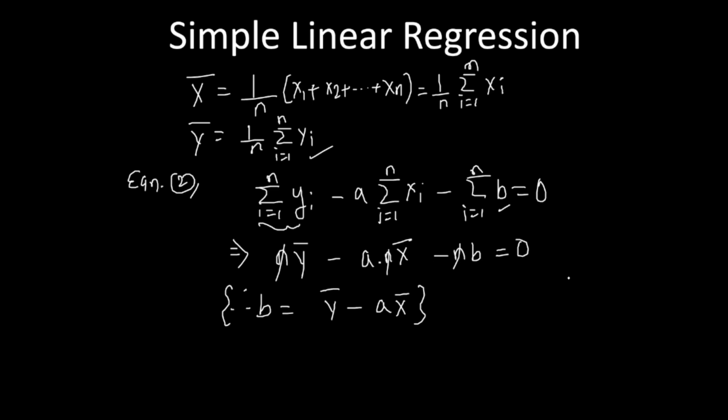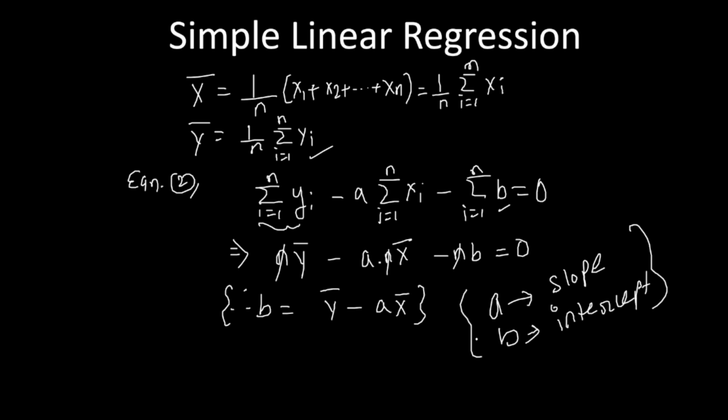These are called the slope and the intercept. So here a is the slope while b is the intercept. We do not need to actually do the maths here, because we will never use maths to actually find out the regression,